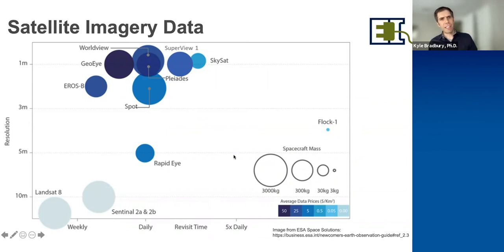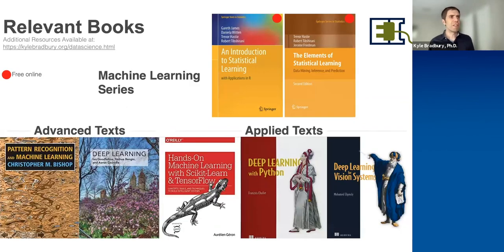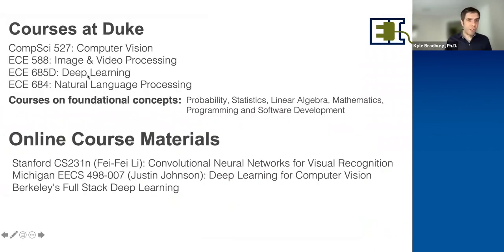So if you're looking to get started with some of this, there are a number of resources that you may want to consider. Introductory texts on this. Introduction to Statistical Learning is a great basic primer on machine learning. And when you're ready, you can kind of jump into some of the deep learning and computer vision texts. This is a great deep learning book on the theory, and these are some really good applied books to help you kind of get started there. Of course, there are many online tutorials. There are courses at a number at Duke that may be of interest if this is a topic of interest, and a number of online courses that may be helpful.